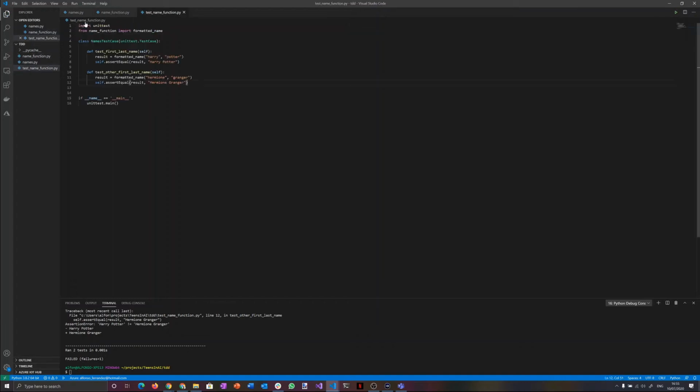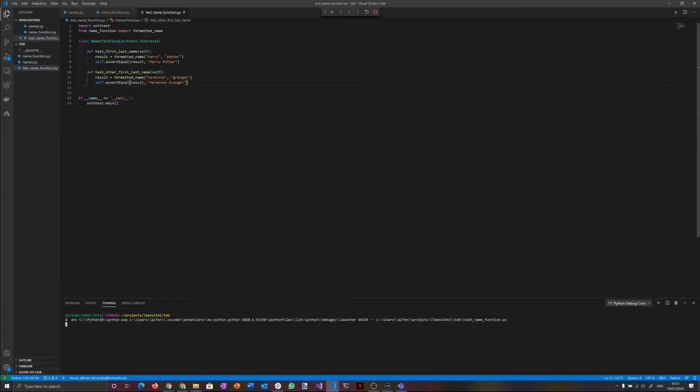And so if I go back to my test now, and I run that, hopefully, if I didn't make any typos, there we go. Run 2 tests, they're all successful. So that's a good demo of how to go from red to green to red to green because of different